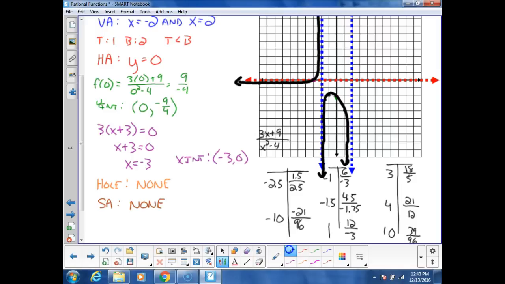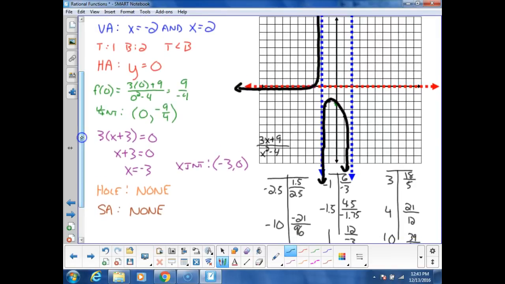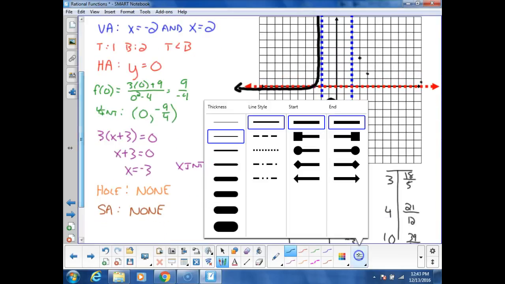And then here now, 18 divided by 5 is not quite 4. 1, 2, 3, and so I'm right there. 21 divided by 12 is not quite 2. 39 divided by 96 is almost a third. So this one on this side then is